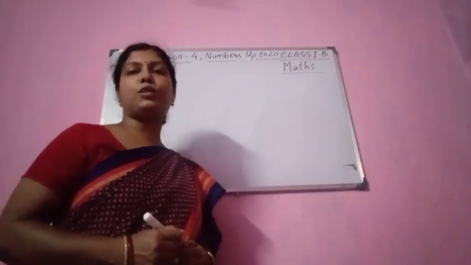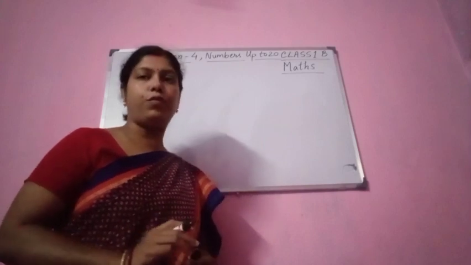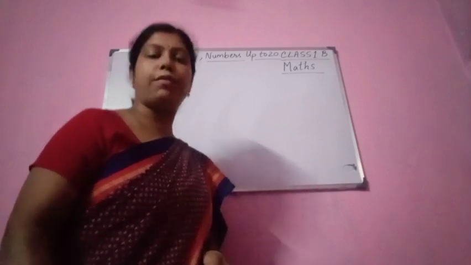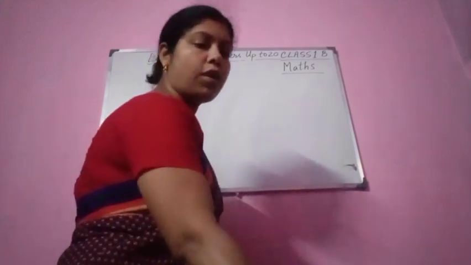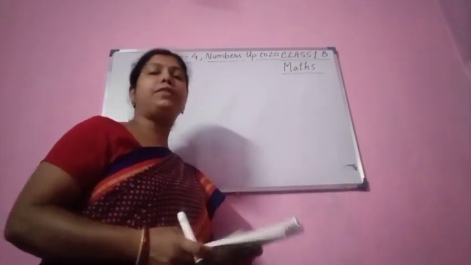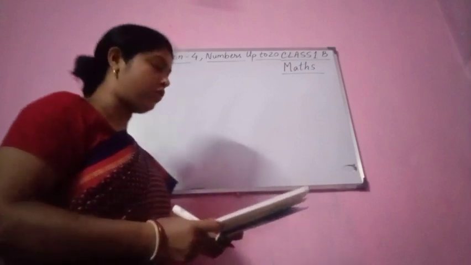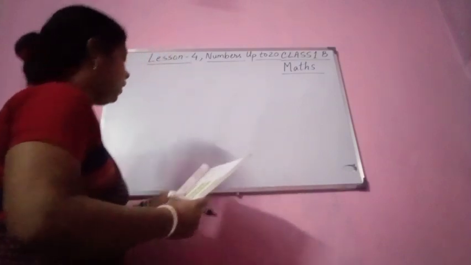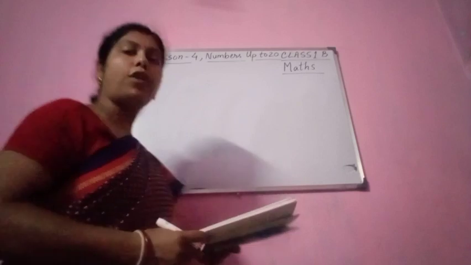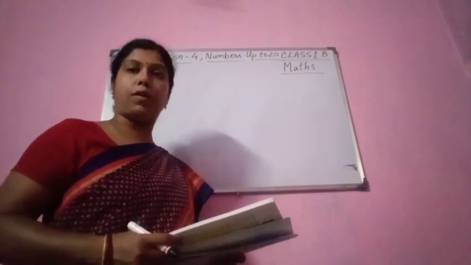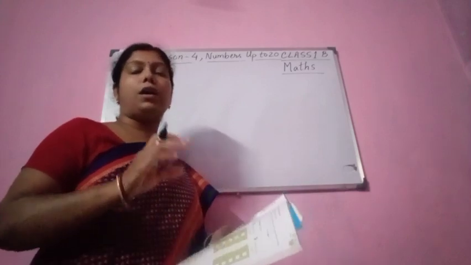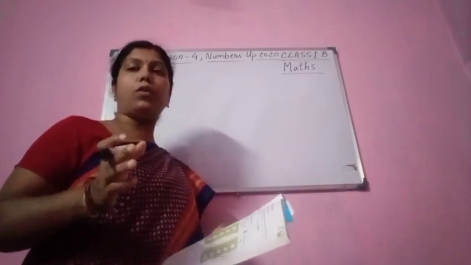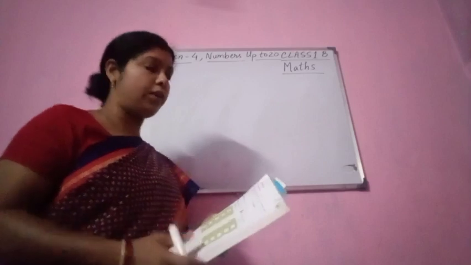So in class 1B maths we were doing lesson 4, isn't it? Numbers up to 20 we were doing. Okay, so today we are going to do page number 49. This is before, after and between. First we are going to start with this page number. You already know this, before, after and between, we have done in lesson 1, isn't it? So again we are going to do, but this time we are going to do till numbers 20, because this is numbers up to 20 we are doing here.